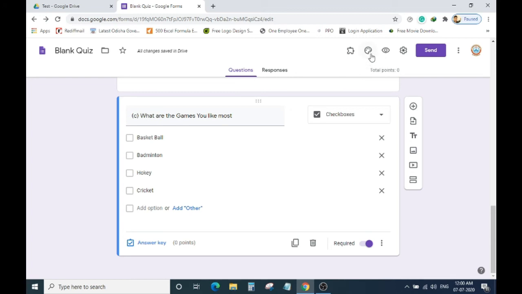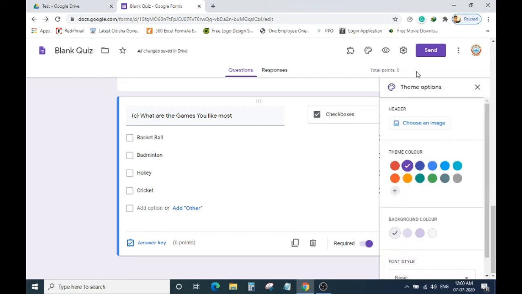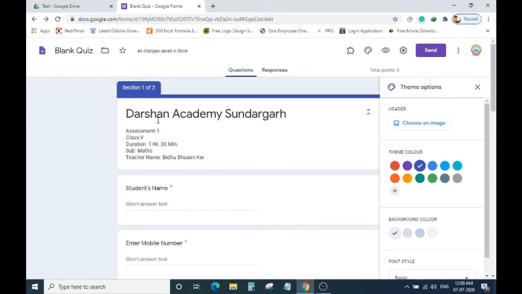Okay, this is your customizing theme. Customizing theme means you have to click here. You can change the color, see the colors are changing. Okay, you can see this, see the colors are changing or not. Okay, you can change this color, means appearance settings, you can change all these colors.